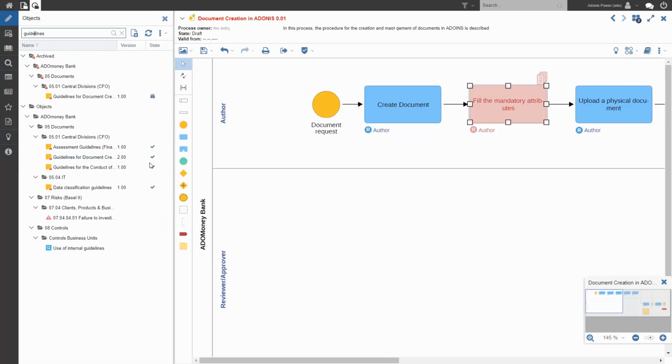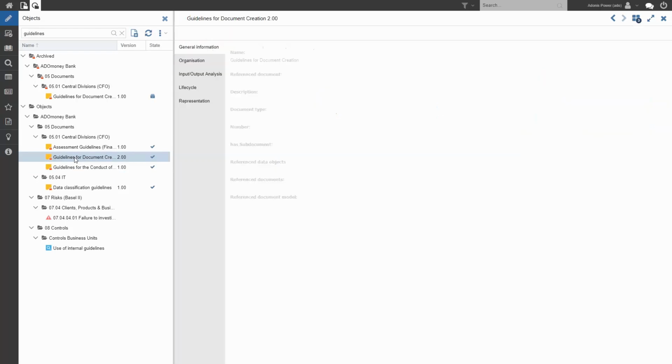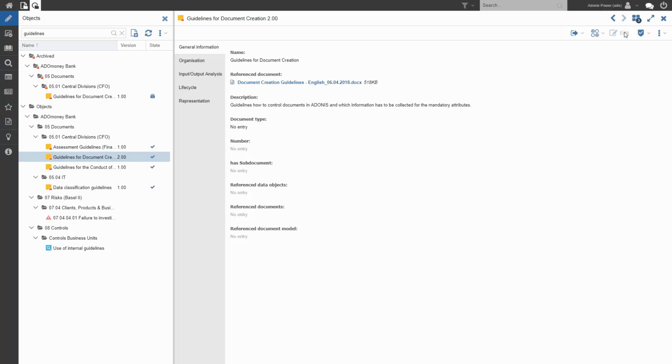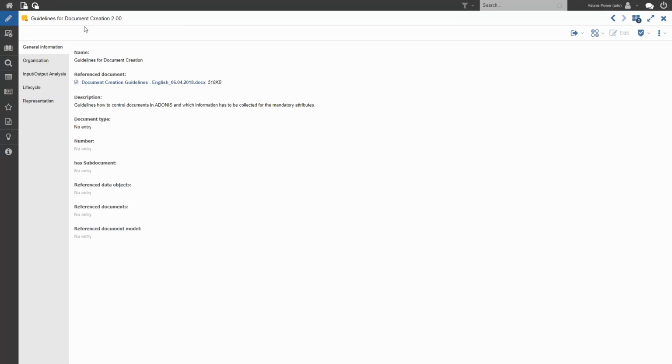So we can see that it's here in a release state. If we open up the notebook for this document, we can see I'm not able to edit it. It's in a release state, therefore it's a read-only version. You can see it's locked as well with a little red padlock icon here.